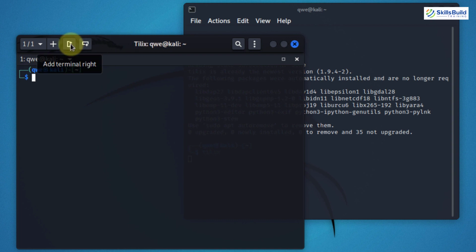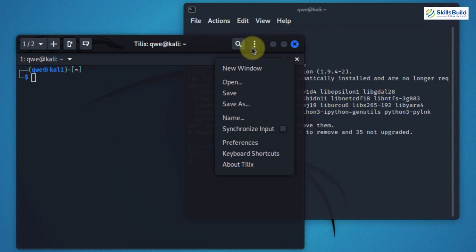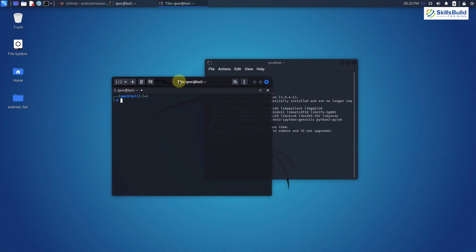If you click on this plus vertical sign, it will add a terminal on the right side of this particular terminal. And if you go with this one, obviously it will add the terminal downward. And then you have your plus sign, and it will create and start a new session for your terminal, as you can see here. From here, you can go back to the previous session of your terminal, and here you have different other options for this particular terminal. Like you can open a new window, you can save it, or if you have a session saved, you can open that one. And you can do a lot of things that you cannot do in the default terminal. So that's a really good tool and a really good utility.